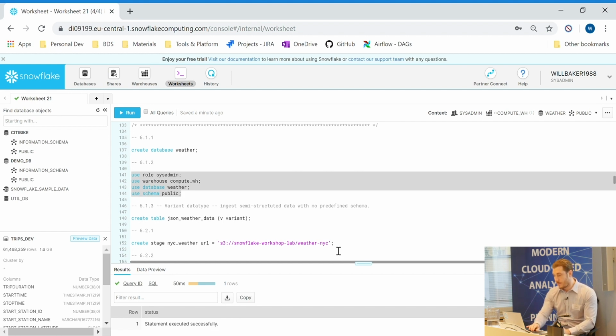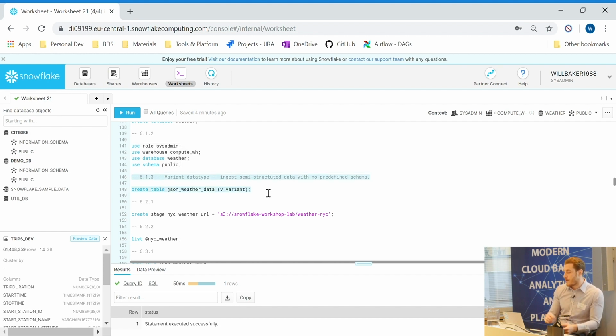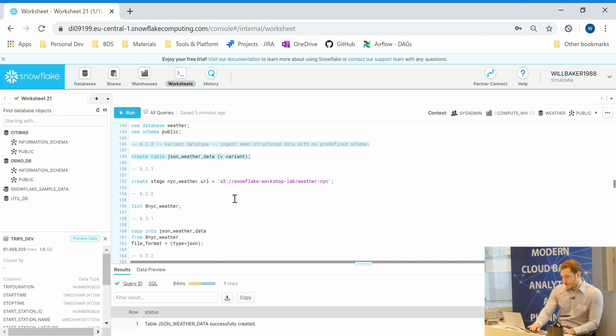So if we just move on, we've now created this weather database. We're in our compute warehouse, and now we want to load some semi-structured data. So what we can use in Snowflake is this object called variant, and it allows us to load semi-structured data without defining a schema. So we can load the semi-structured data as it is, as an object. So we create that,